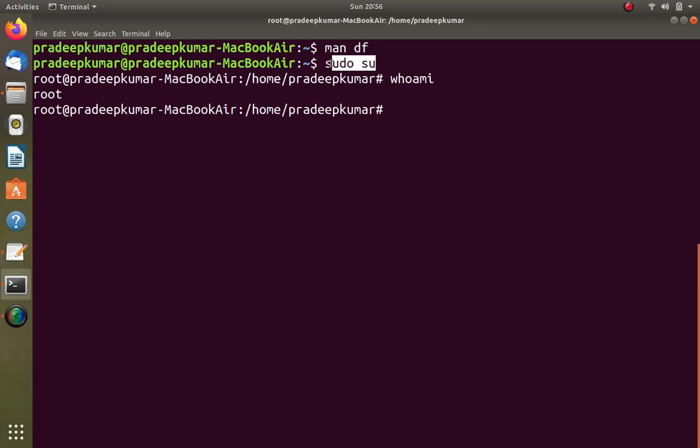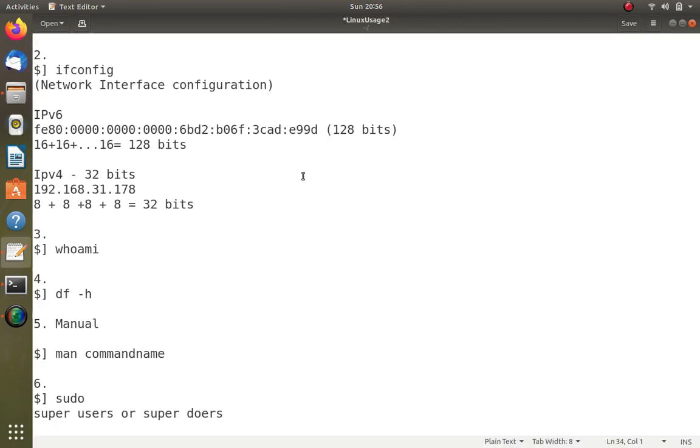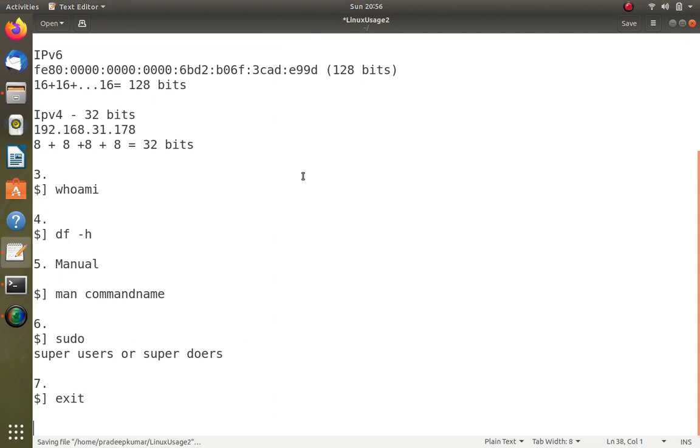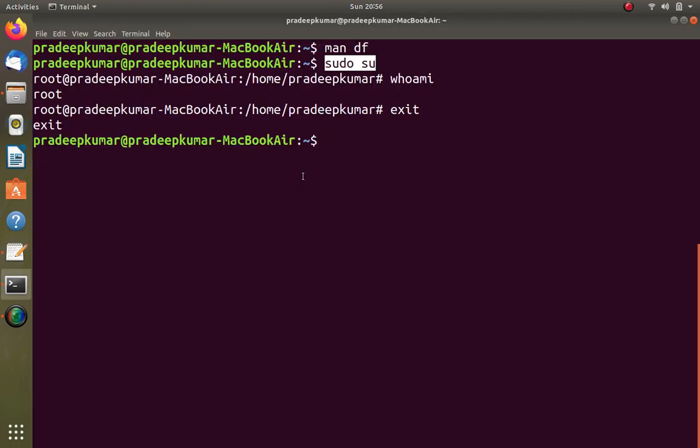It didn't ask for a password because the password is remembered for about 10 minutes. Earlier I gave the password for other downloads, so it was reused. Now when I type exit, it exits from that particular user. Again when you exit, it will exit from the terminal directly. So the next command is exit. That's the power of sudo.